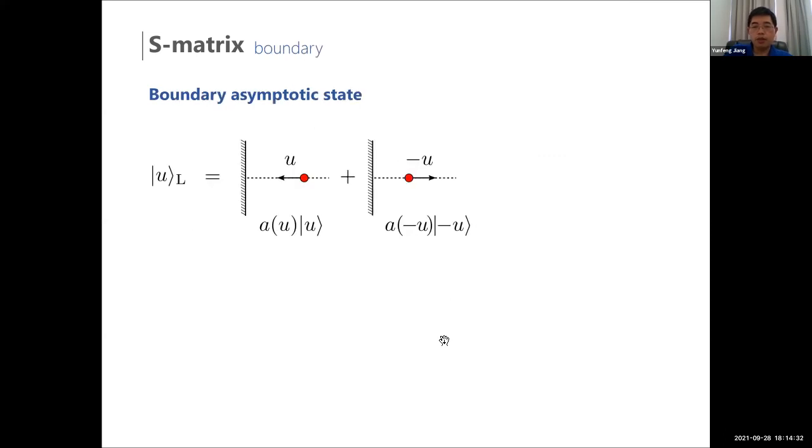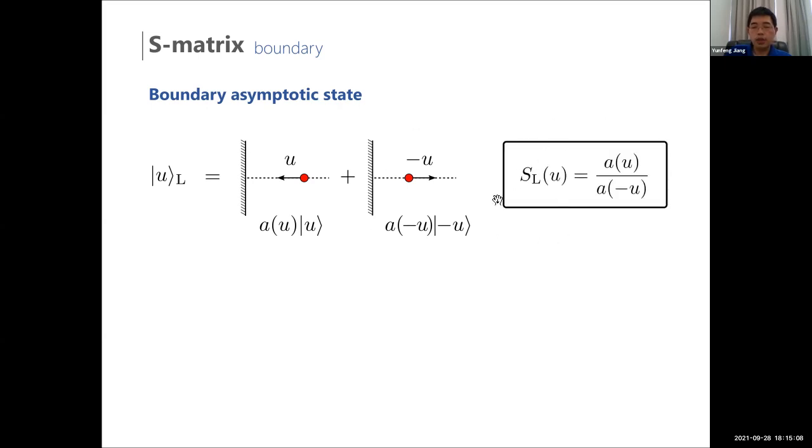And we do the same for the boundary. So before, I just review how it applies. For the boundary case, what we want to determine is the deformed boundary S matrix. Similar to the bulk case, we start with a one particle state because we only need one particle. Here I have a particle moving towards this boundary, and it will get hit by the wall and go back, leaving this boundary. So you can imagine this is an incoming state, and this is the outgoing state. And the reflection matrix is just given by the ratio of these two coefficients.